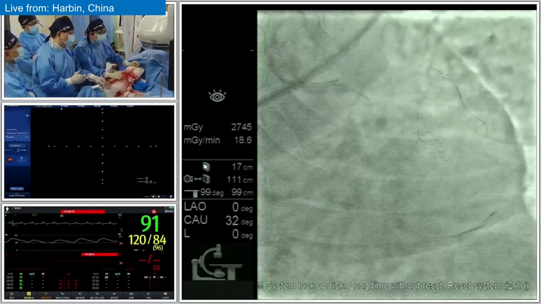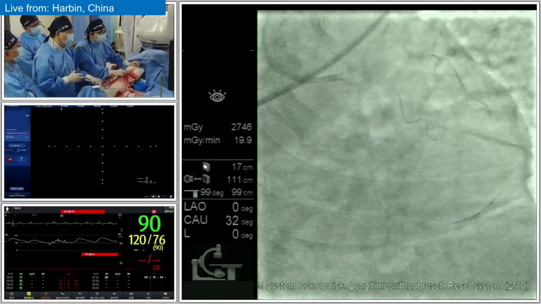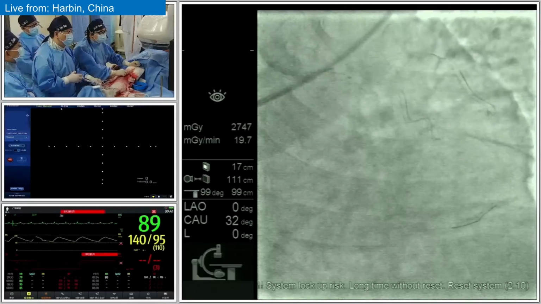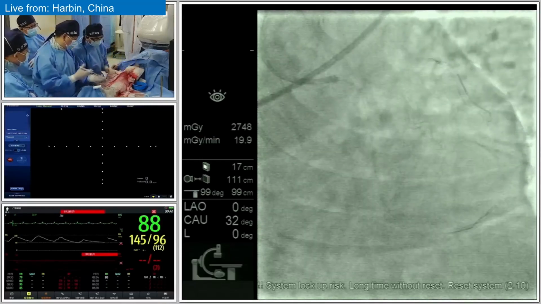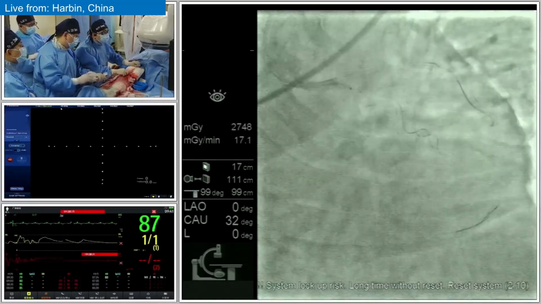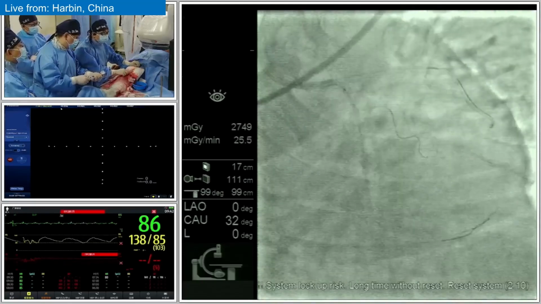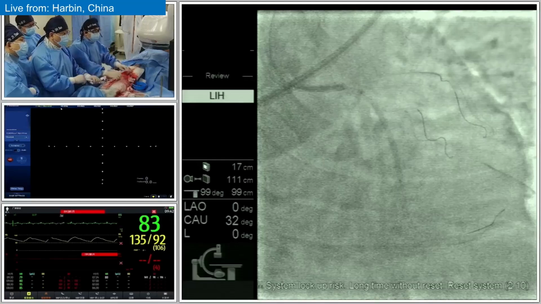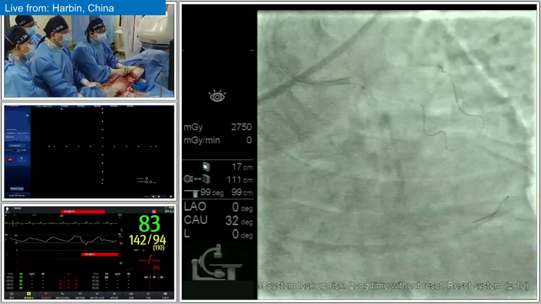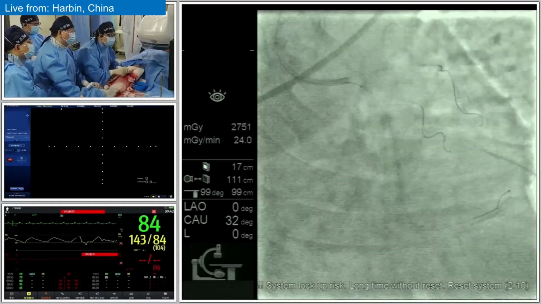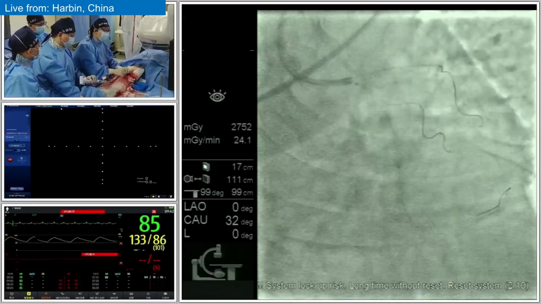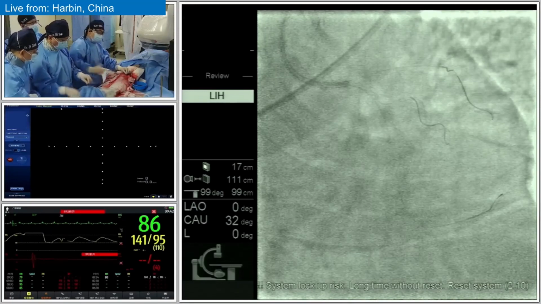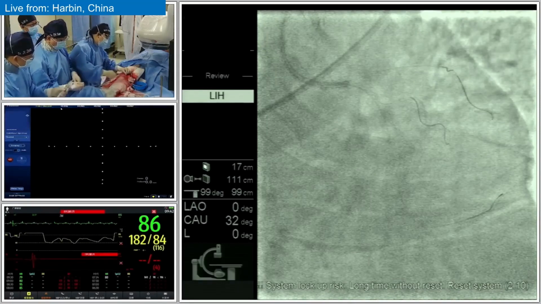Because right now the guide wire in the LAD can stabilize the guiding catheter in the left coronary system, and then it can give you more backup. And the guide wire will be removed after we finish the entire